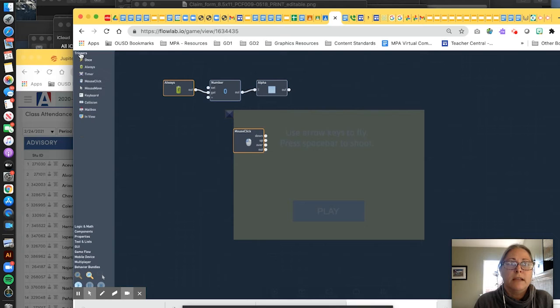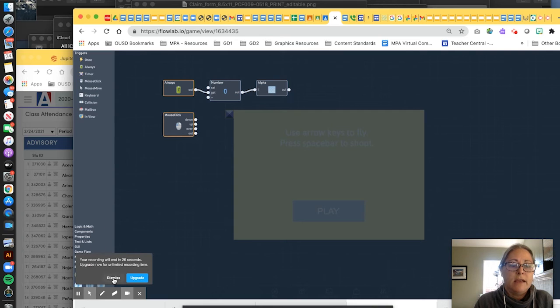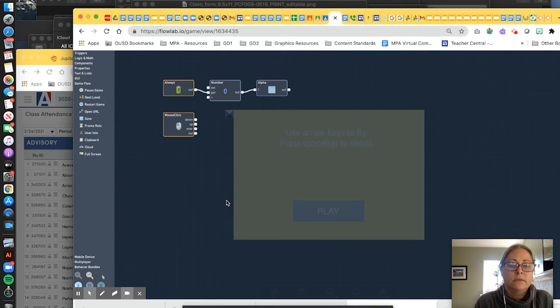One more trigger we need that I didn't get: the mouse click. And then we're going to use a game flow, and we're going to use a next level block. And we're going to click the drop-down to go, and for the level, we're going to choose level 1 and click OK. So right now what this is saying is anytime you click this sprite, you are going to go to the first level. In the next video, I'll show you how to